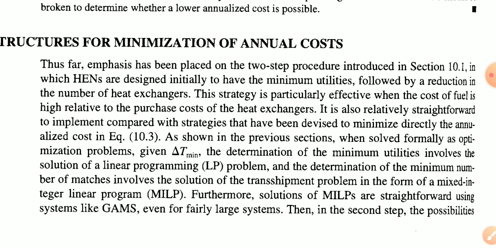And this strategy is particularly effective when the cost of fuel is high relative to the purchase cost for the heat exchanger part. Okay, it is also relatively straightforward to implement compared with the strategies that have been devised to minimize directly the annualized cost in equation 10.3, as shown in the previous